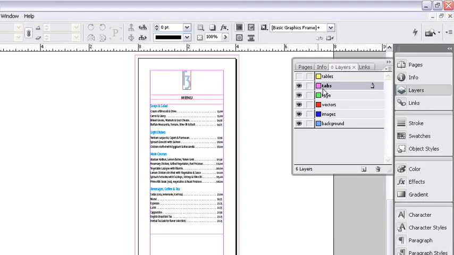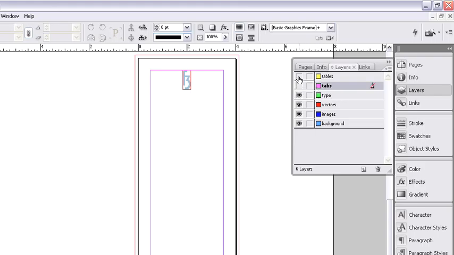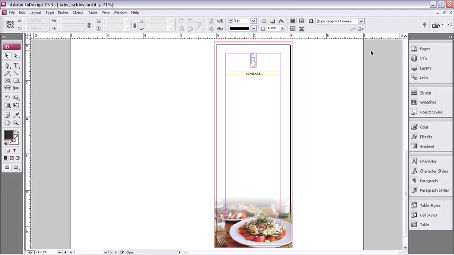You can see here that we've been working on the tabs layer. Let's turn that visibility off and turn on the tables layer. Go ahead and make sure that the tables layer is active just by clicking it, and then click the Layers panel tab again to dismiss that panel. Now in this layer, we're going to work with tables, and there are several ways to create and import tables